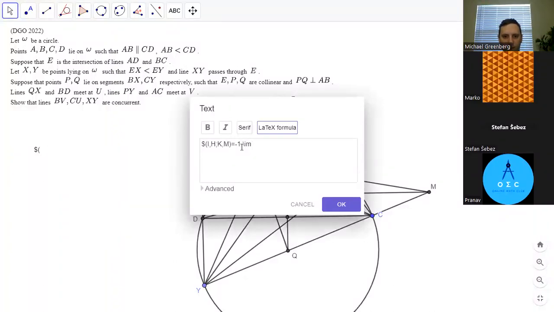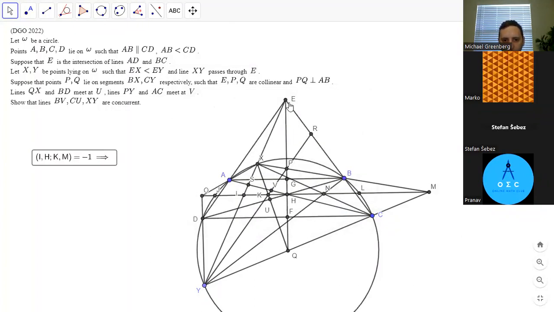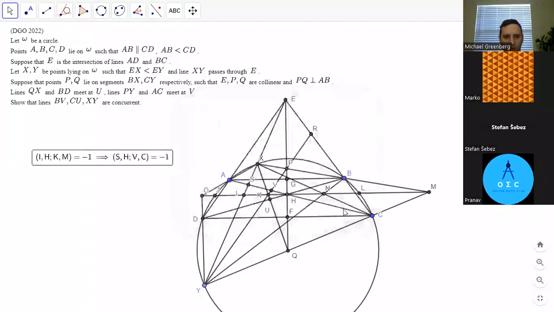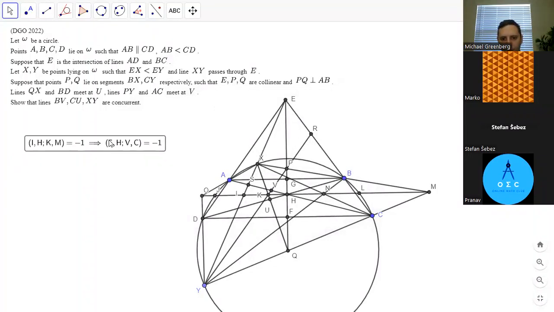And that means that if we project through E, that means SVHC is harmonic. No, that's if we project through Y. Then we get SVHC is harmonic, or SHVC. And then once we get that, we could project